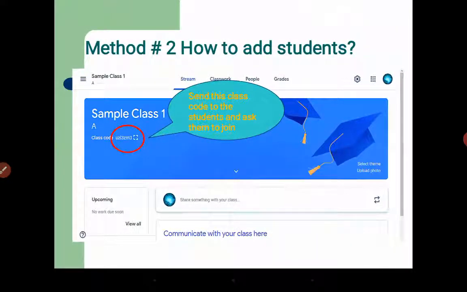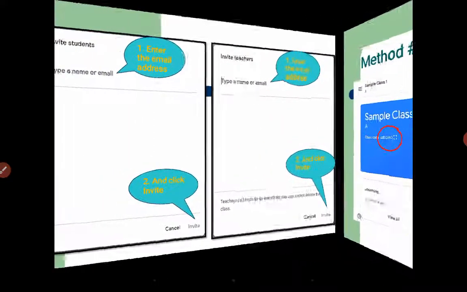The other and easier method to add students is this Google Classroom code over here. This is a secret code that a teacher should give to students, so that only students can be added into the class. So when you create a class and this code is generated, just tell your students, copy it down on the board, or forward it through WhatsApp or whatever source it is, but you must share it with your students, and students will automatically join with the help of this option.